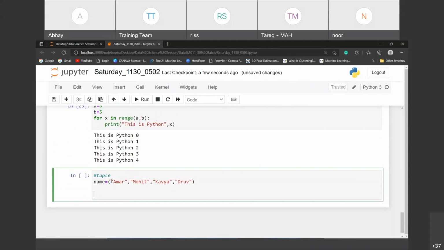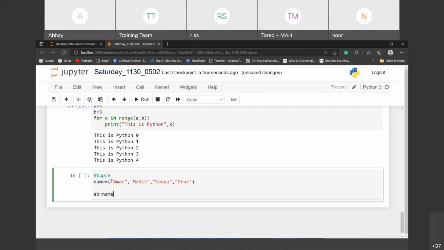I'm going to ask one question to you. Can we access an item from the tuple? Is it possible? Yes or no? Accessing the items from the tuple. See, yes, this is correct. Someone says no. Access is nothing but not changing. Accessing only means reading, okay, for the reading purpose.